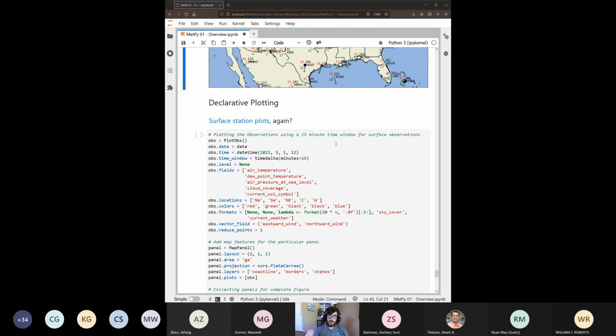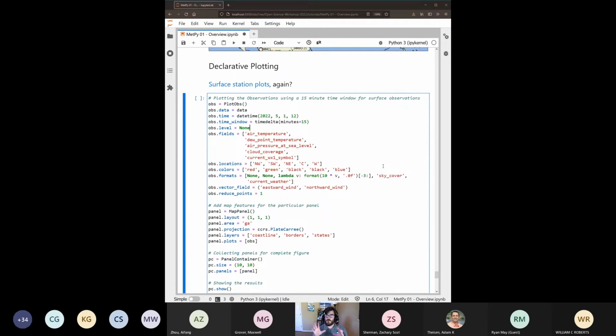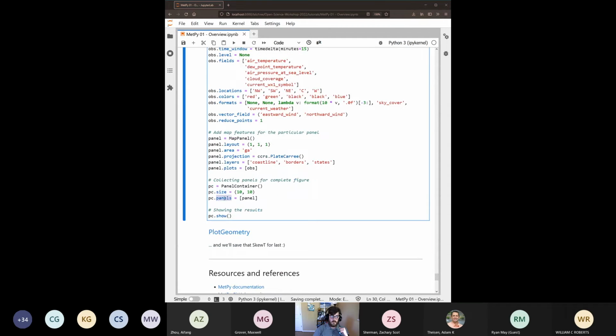So basically, if I want to recreate the exact plot I just created by just specifying a sort of list of important information, which our documentation can walk you through what you'll need to specify, I can just tell this interface what data I'm working with, what time it is, what fields I'll be showing on the map, how I will be formatting these station models, what vectors I'm providing for the barbs, and so on and so forth. Then I can specify unique information about my map projection, and finally the figure containing it all. Just sort of list this all out,